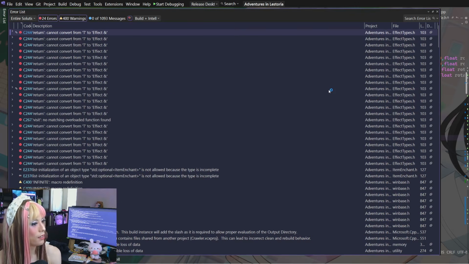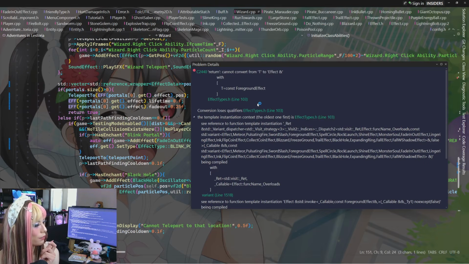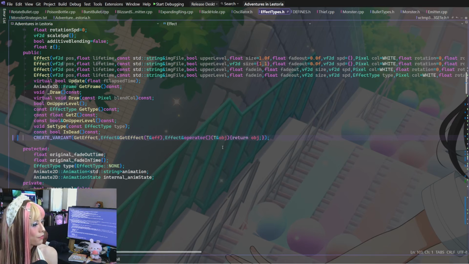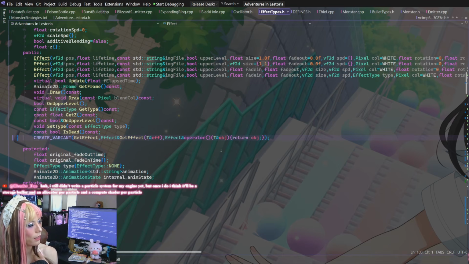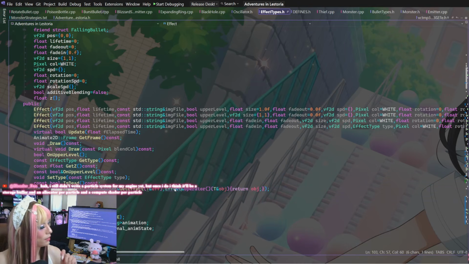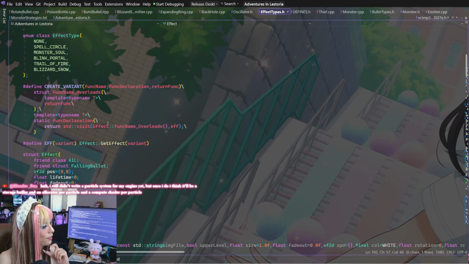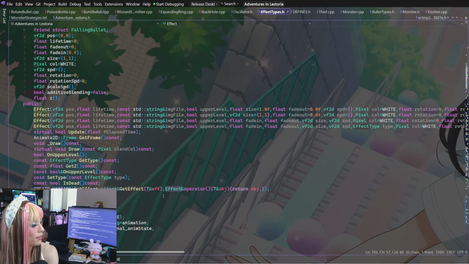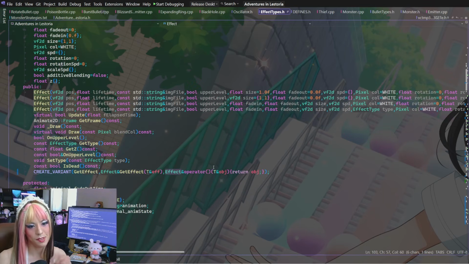Okay. Somehow we're getting const going into here, and I'm not entirely sure why. Cannot convert from T to effect reference with const foreground effect. I think I have to cast it. Because it's going to be... Wait. Let me see here. I think the type itself needs to be defined as a T?